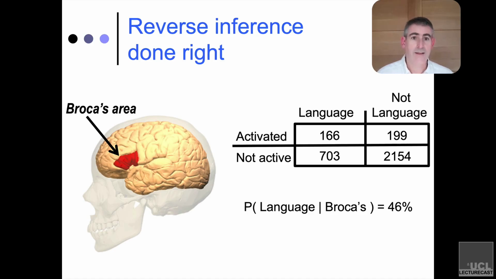So I leave that as a task for you to plug those numbers into the equations that I gave you on the previous slide. What you find out is that the probability is 46%, just slightly under half, based on this formal way of doing it. And that's fine. This is a correct, valid way of doing reverse inference, because what it gives you is this unbiased probability that your inference is legitimate.